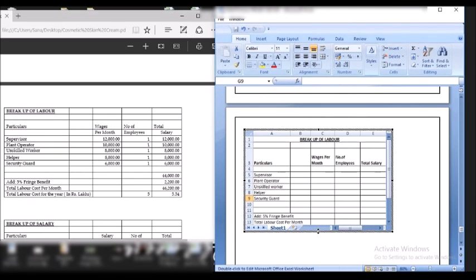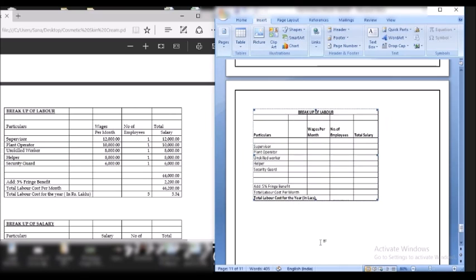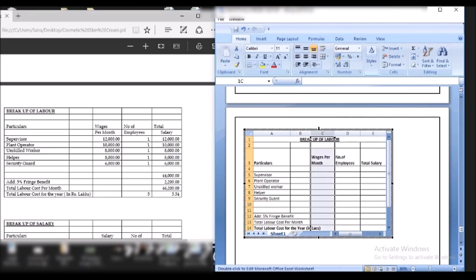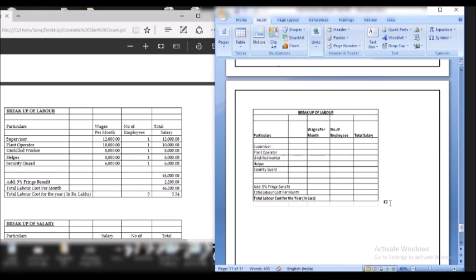It does get difficult at times. I'll show you how bad it can perform at times. As you can see here, the top portion of the table isn't visible, the border isn't visible, so just drag it a little bit and it will be okay. And this is how you do it.